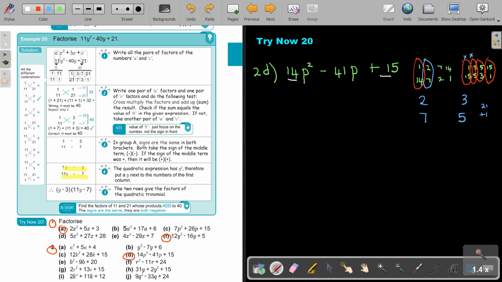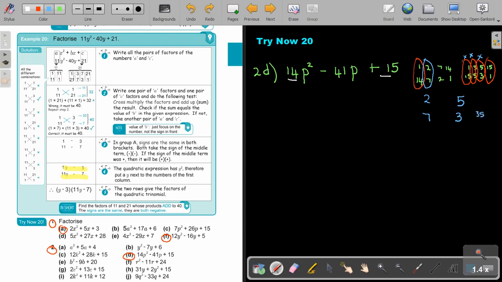Just want to see. 2 and 5. No, it's also not going to work because this is going to give me 20. That's going to be 31. Okay, let's move on. Maybe this one. Okay, so this one was not successful. Okay, so it was 2 and 7 and 5 and 3. Okay, so in this case 7 times 5, it's going to be 35. I think this one is going to work